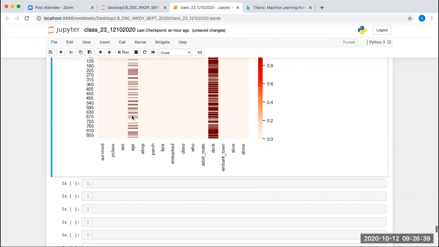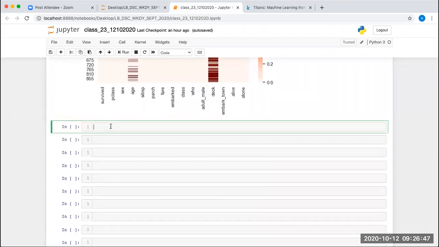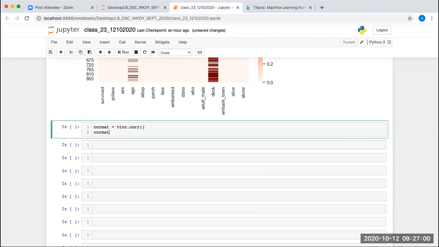Now let's find the correlation between the different columns. For finding the correlation, which function did we see yesterday? The corr function, right? So we will be using the function titanic.corr, and let's print it.